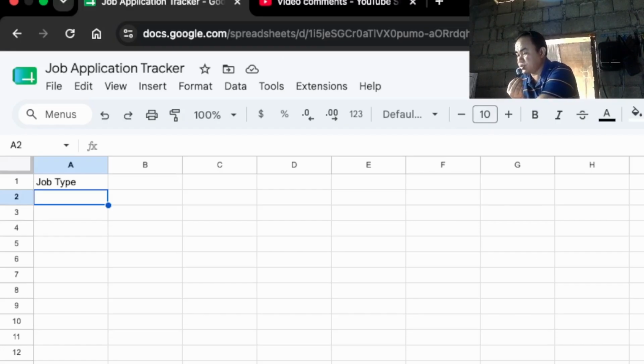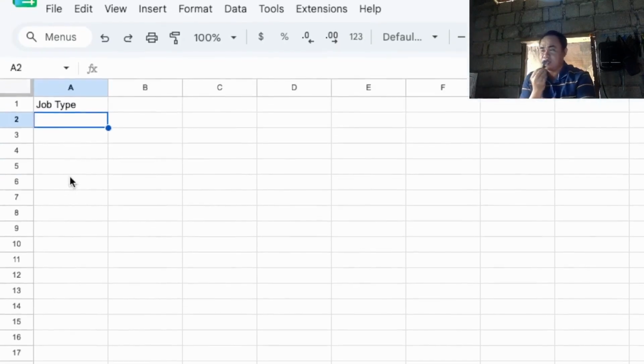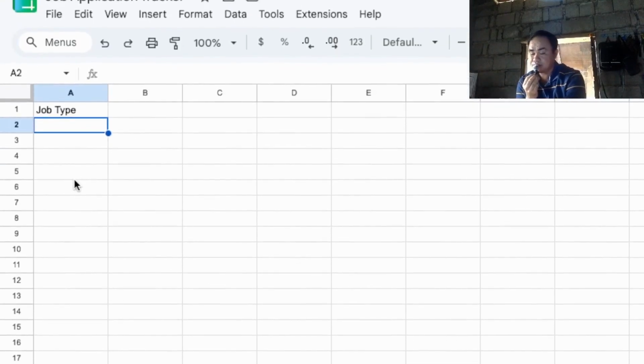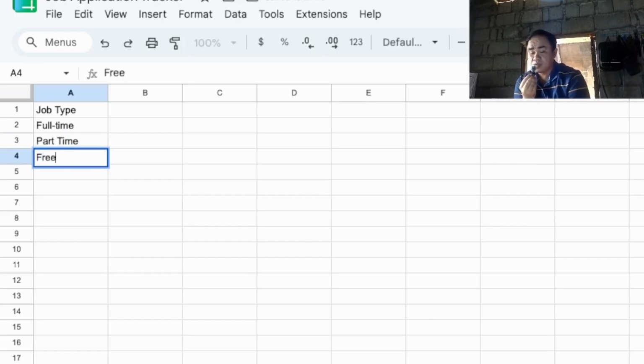Okay, so I have here full-time. You're going to list the job types first. Again, guys, this is just a basic template, so you can design this as anything you want, if you're creative. This is just a simple demo, and it's up to you if you want to design this on your own.